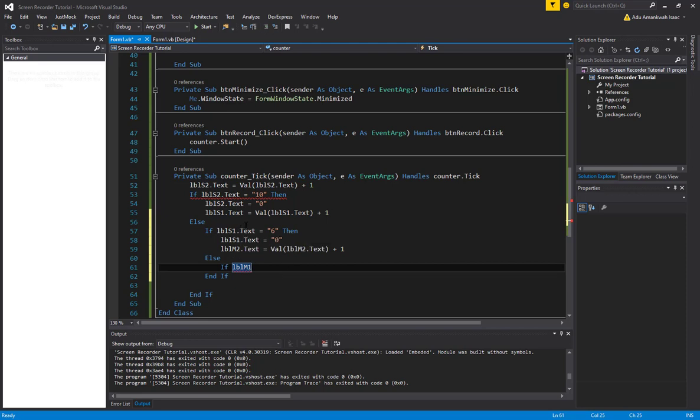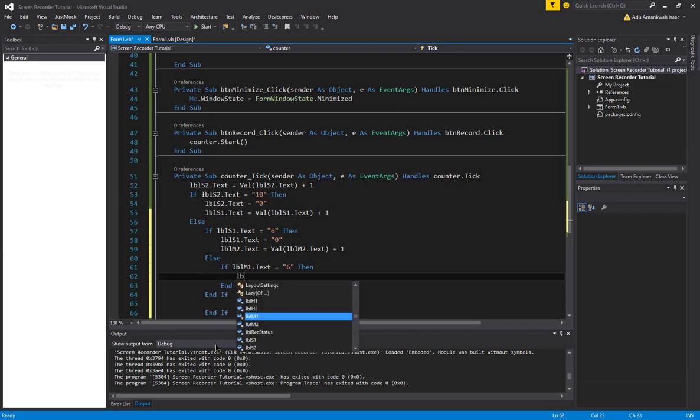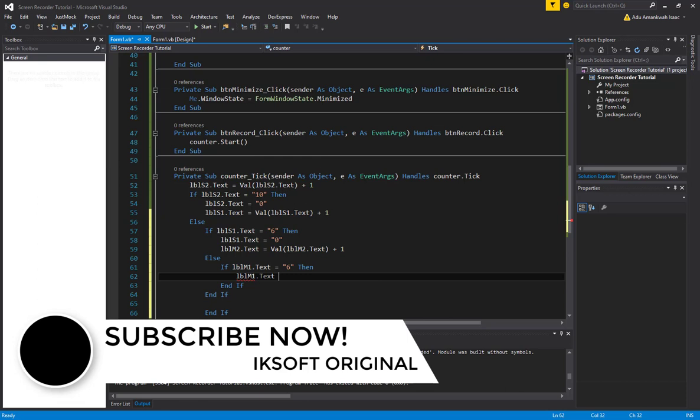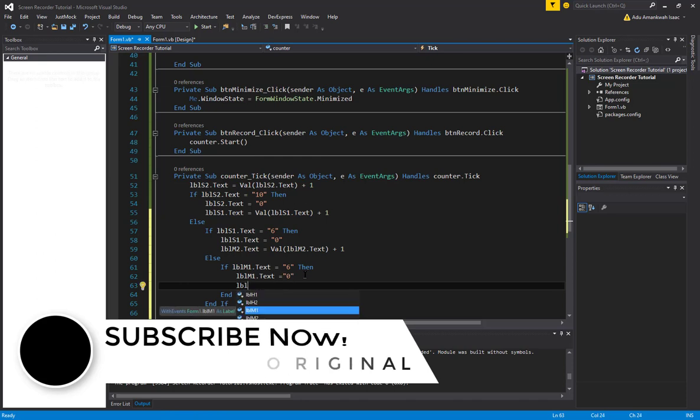Okay, I think I have to take a good look at the code clearly. So if this lbl equals to 6, this is going to be 0, right? And this is the minute 2 equals to 1. So we will say that if minute 1.text equals to 6, right, then we have to say that our lbl min 1.text equals to 0. Then we have to set lbl